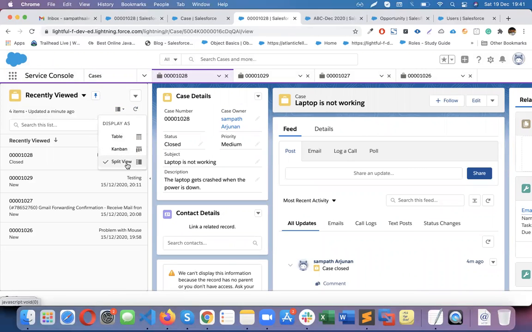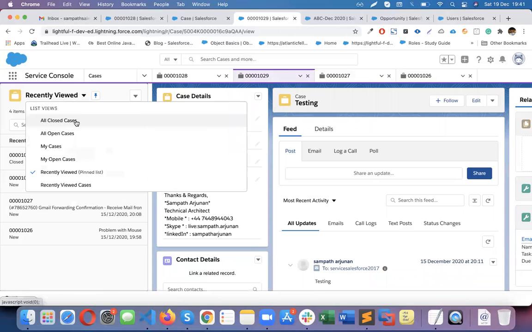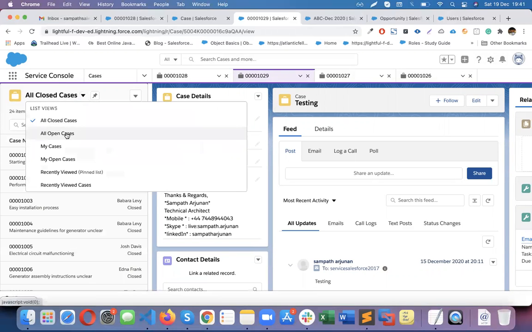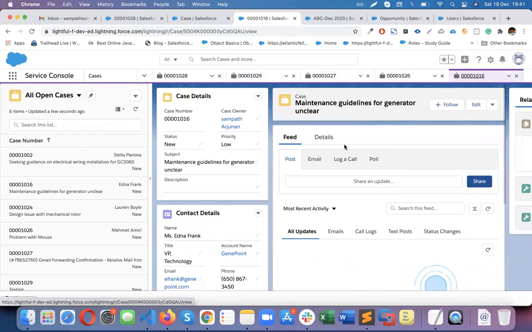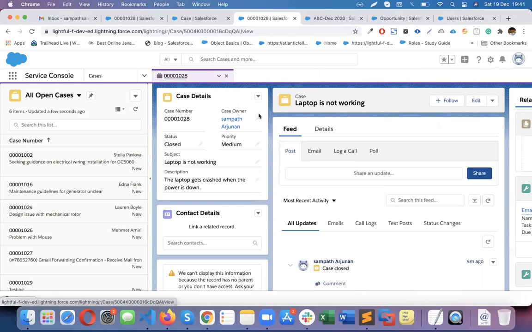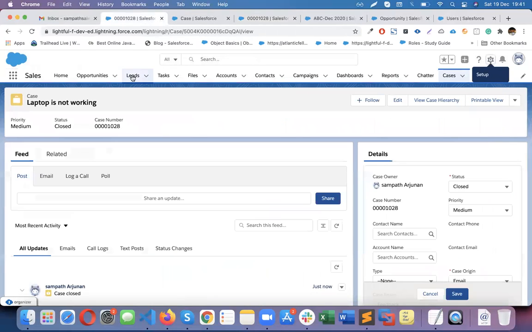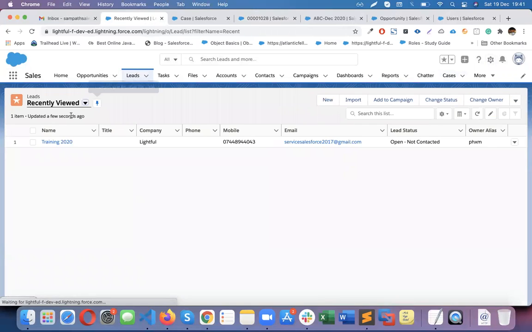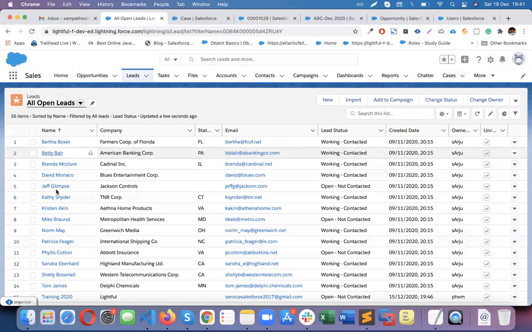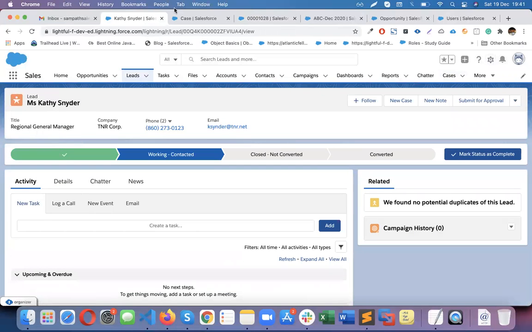Kanban view, table view, split views. Split view is basically the list view and the details. This is a list of records, let's say all closed cases or all open cases. If I open this, it will open as a new tab. So the rep can easily open as many tabs as needed. But in the case of normal applications, if you click on it, it will override, right? Now if you want another lead, I have to open it